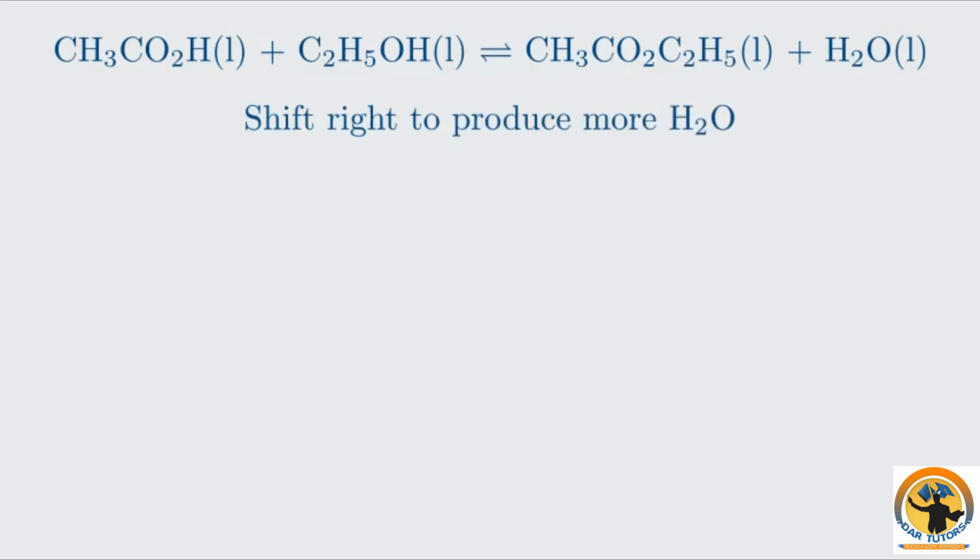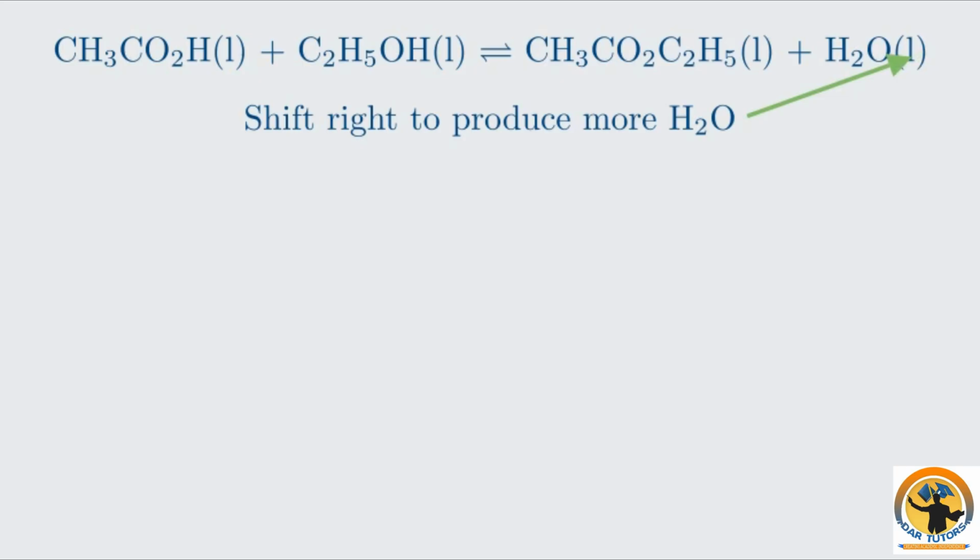According to Le Chatelier's principle, the system will counteract this removal by shifting the equilibrium to the right to produce more water. This shift to the right, towards the products, means more ethyl ethanoate is formed. Additionally, sulfuric acid is a strong acid that provides H+ ions. These ions act as a catalyst for the esterification reaction. However, remember, a catalyst speeds up the forward and reverse reactions equally and therefore does not affect the position of equilibrium. It only helps the system reach the new equilibrium state faster. The primary effect on the equilibrium position comes from the removal of water, which drives the reaction to the right,